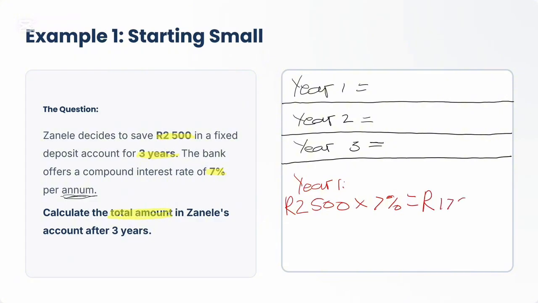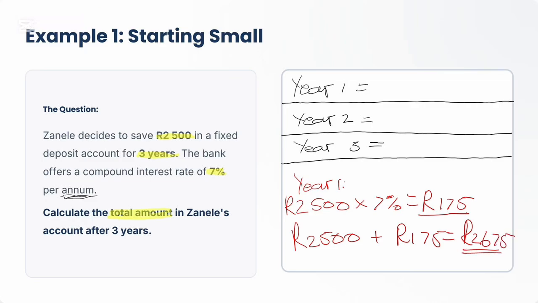175 rands. So now what we will do is take the 175 rands and add it to the principal amount, which will give us 2,675 rands. So this is the interest. This is the total amount accumulated in year 1. This is year 1,